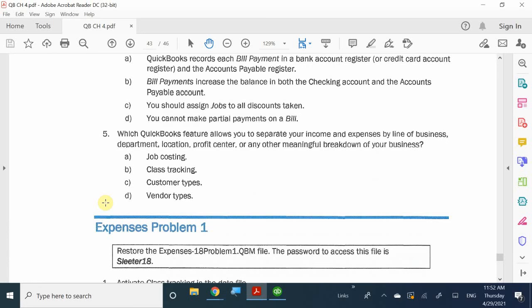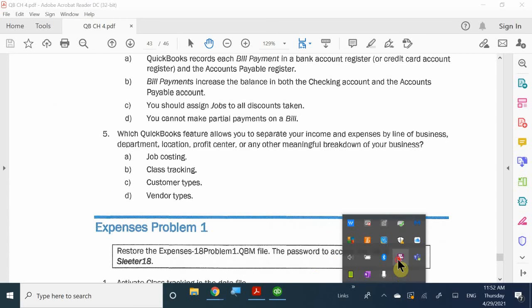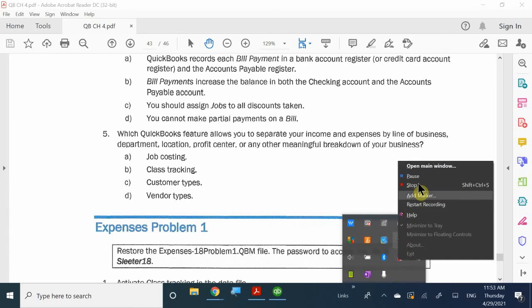You're not separating your expenses or anything. You're just separating the groups of people that they reside in. So C and D should be automatically eliminated. So the option is either A or B. Once again, A is you assign it to a person. Okay. So good job, everybody. So things that are due this weekend, you guys have to read chapter 2 because on Monday